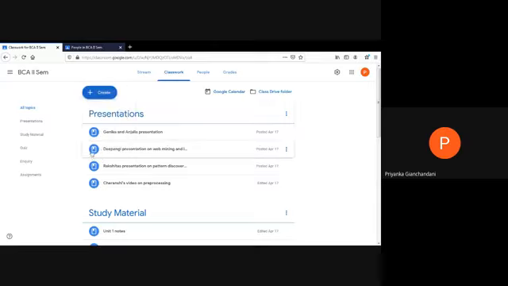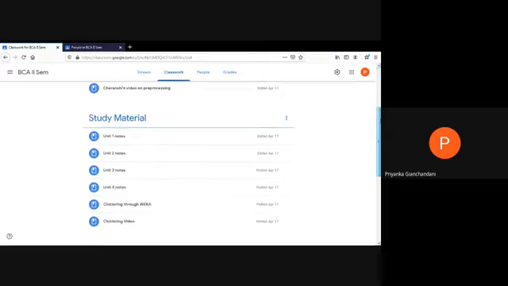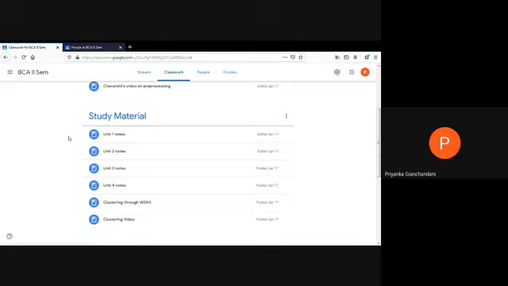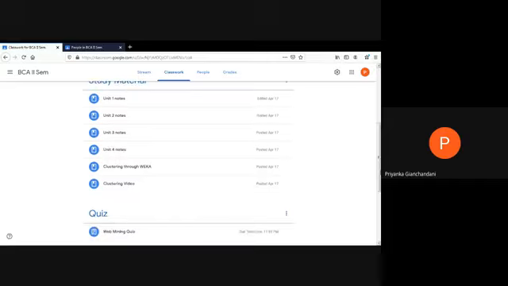You can identify through this image. So this is my presentation thing. Then I have shared study materials also with my students. So these are all study materials. This even includes my videos which I created through Google Meet. So when I was teaching my students clustering, I recorded my video, and that also I've shared with my students. So if they want to refer to that particular video in the future, they can always do it.